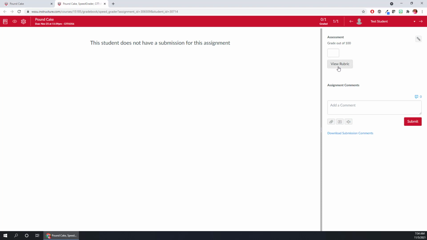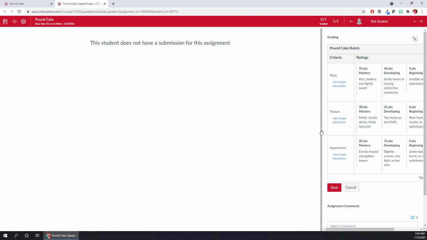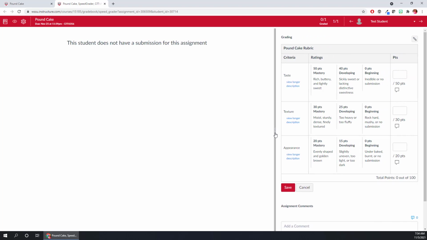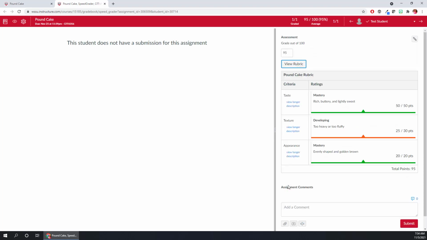So it adds this View Rubric button here, and I can click that to access my rubric. I can just adjust this a little bit so I can see the whole thing. And what I can do now is use this rubric to score. So I'm evaluating the student's work, I'm reading it, I'm looking at it, and I'm clicking through the rubric. They've done this, they need a little work here, and they've done this, and save, and that's it. So now my assignment is scored for this student, and the student will receive this descriptive feedback. Of course, I can also add a comment